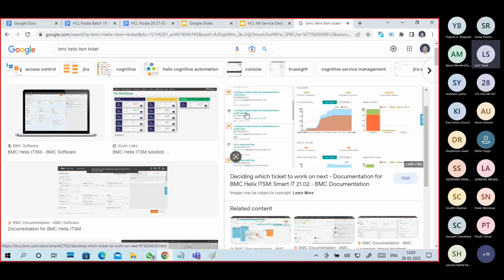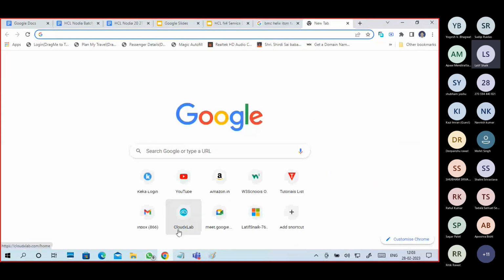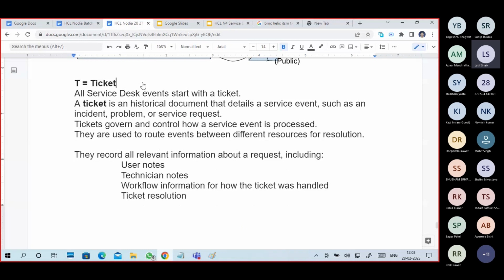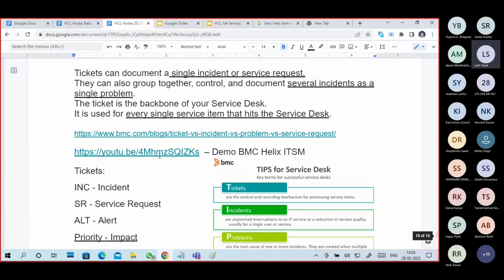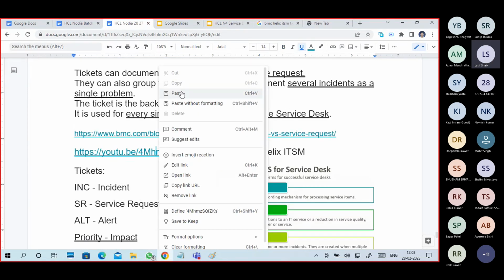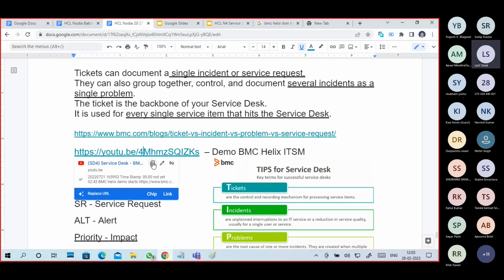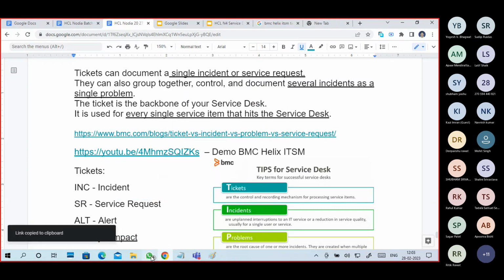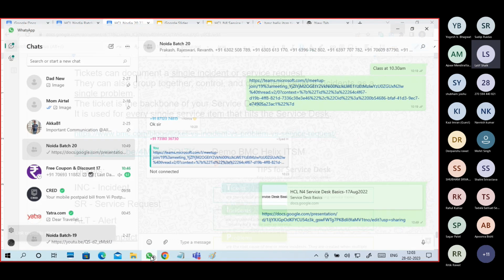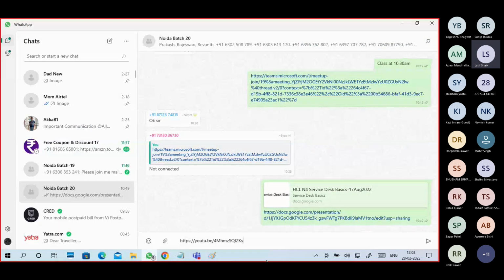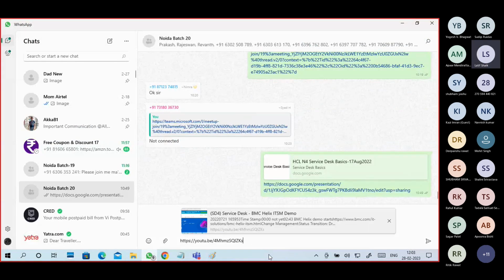These are the different tickets that occur at BMC Helix. So directly we'll open the link. Guys, this is one demo I have taken for a batch, so compulsorily go through this demo.